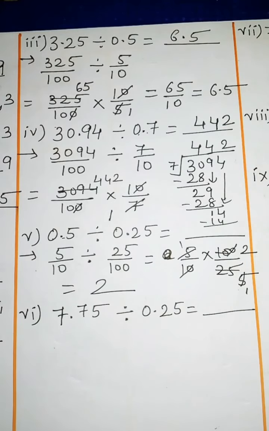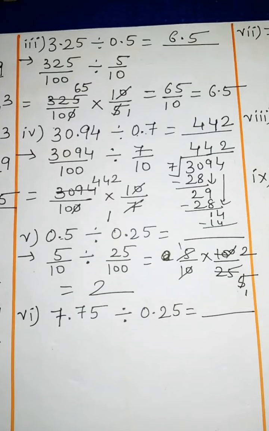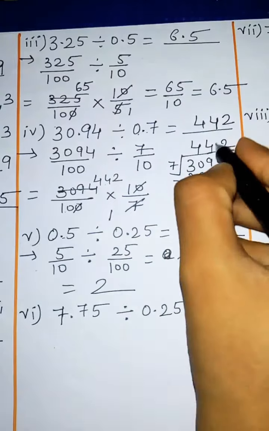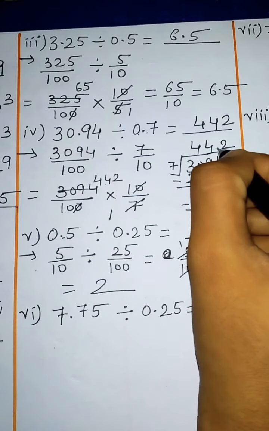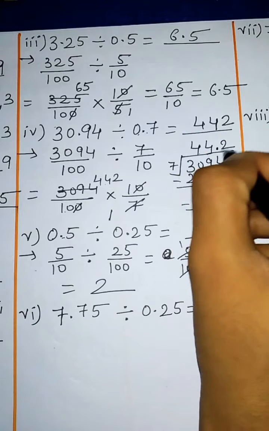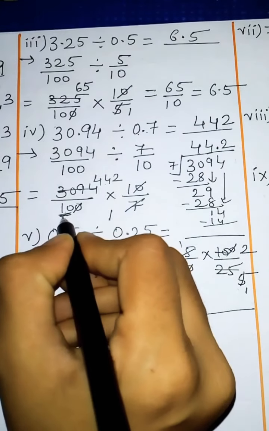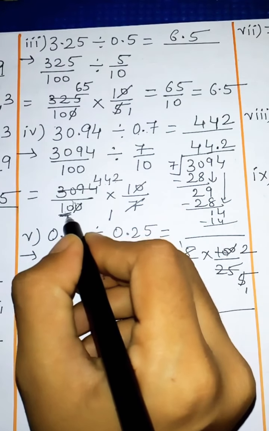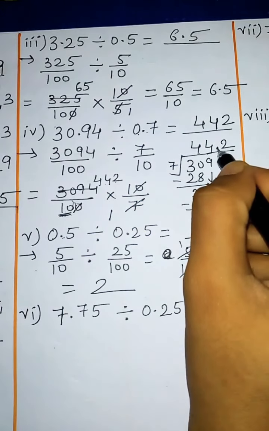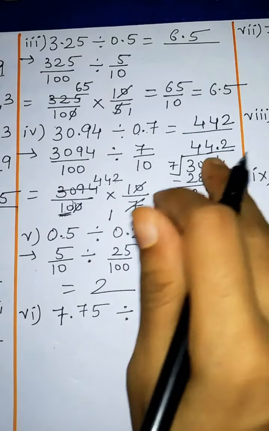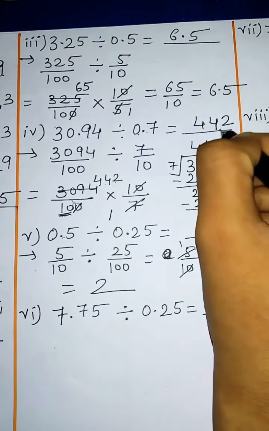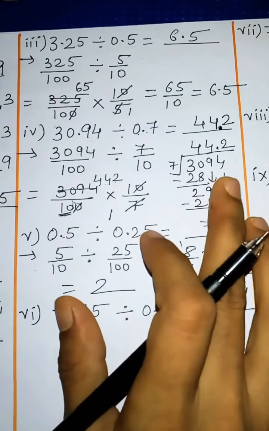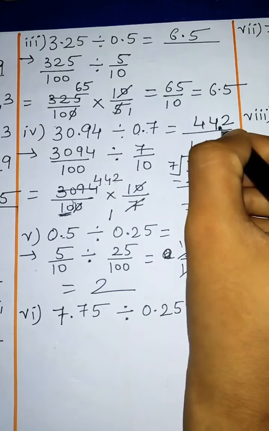Now going back to the fourth one, here upon 10 was also left. 442 upon 10. So 10 is there, so after one digit we will put the point. So it will be 44.2. We had forgotten this 10. So 442 upon 10, and after one digit we will keep the point. So the answer of the fourth one is 44.2. So don't forget, be careful when you do cancellation. Here 10 was left, so we have kept the point.